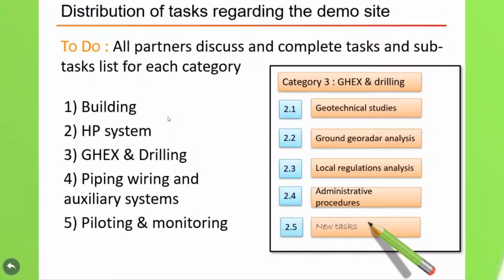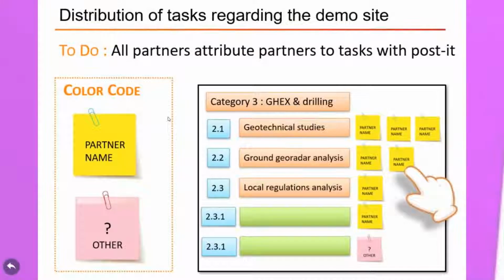So here is an example of what was done during a specific workshop. Here all partners had to discuss and complete tasks and subtasks with a task list for each category. So they had also specific post-its, and they had to complete it for each different category. There was also